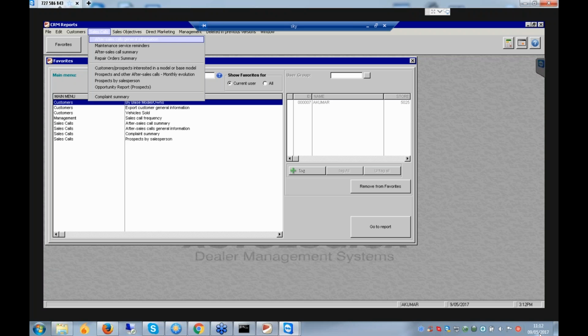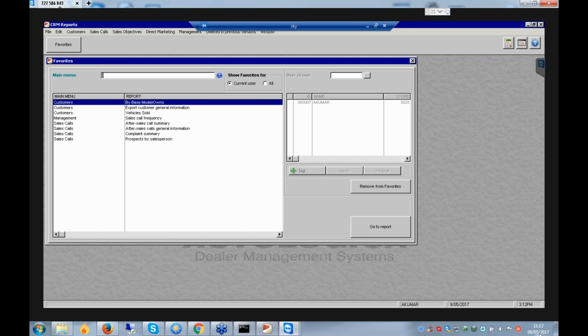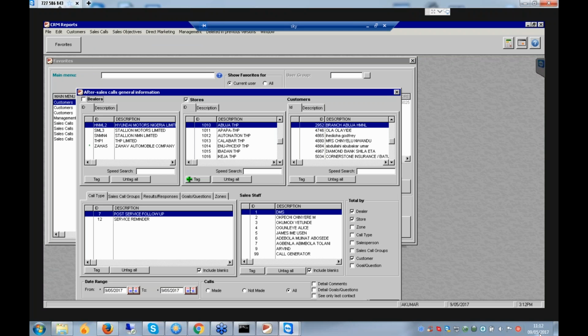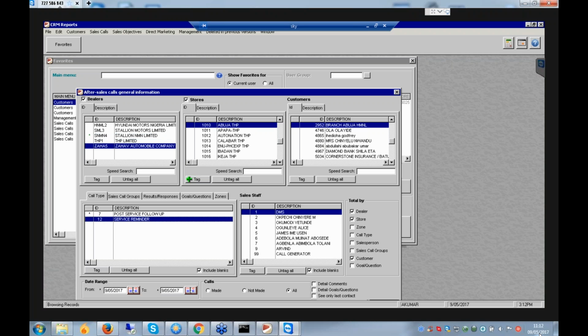So you can select. I called Nissan, right? So we'll select Nissan. You can take all or you can take the selective dealer. You have to choose here. This one, you leave it and take all.